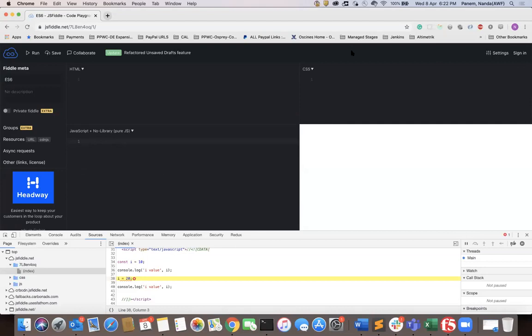I have not gone to the arrow functions yet. Once classes are done, we'll go to the arrow functions.